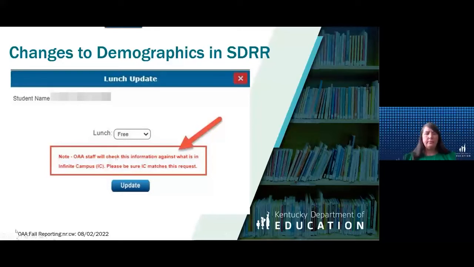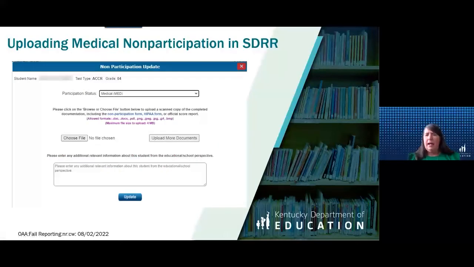Now, how am I going to do it for my non-participations? Well, I've gone through this, you had to go to the forms page. If you've got to upload any medical non-participations in SDRR, you have to go to the forms page first, make sure it's filled out completely, make sure all the signatures are on it, and then scan it to your computer.